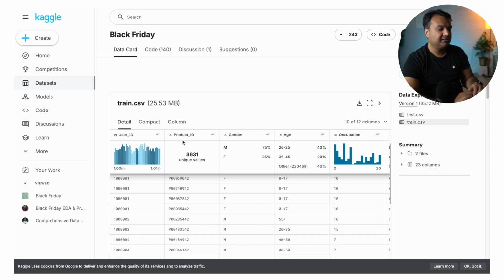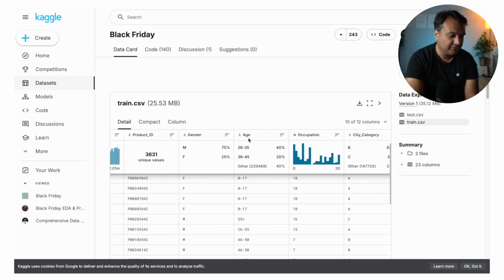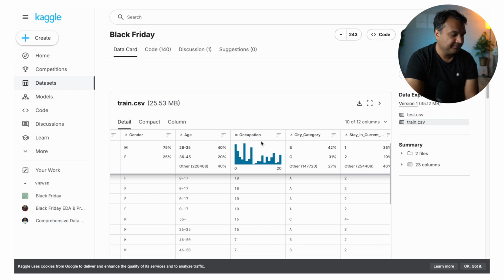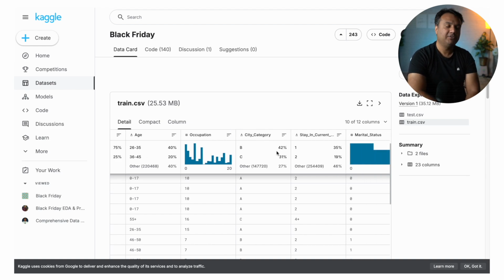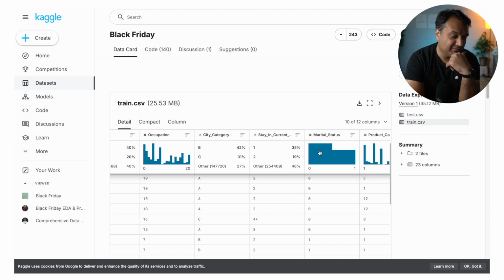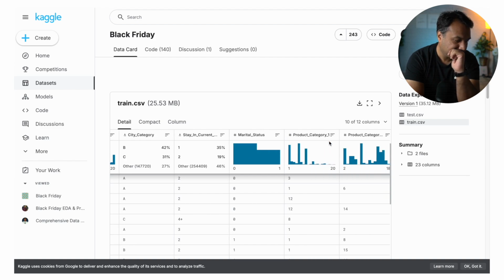There are some features which are related to the user, and then there is some information which is related to the product. For example, for the user, we know the gender, the age, the occupation, and the city category. They have not mentioned the city, but they have 3 categories, A, B, C. I believe it could be related to city size, whether living in a big city or a smaller city. Then there's the stay in the current city, how long they have been staying in that city, and their marital status. I believe 0 means unmarried and 1 means married.